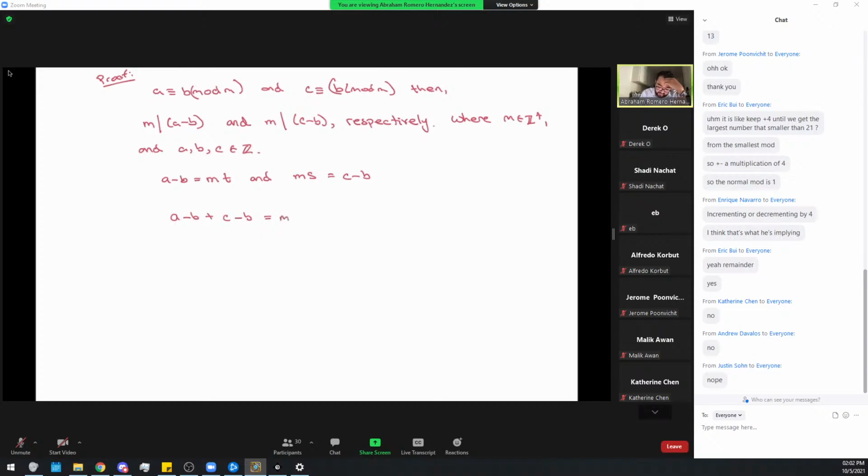This is the same thing as saying MT plus MS. The same thing as saying T plus S. The same thing as saying A plus C minus B plus B. So the same thing as saying A plus C, if I view this as one thing, minus